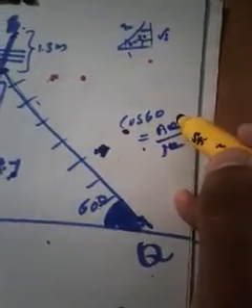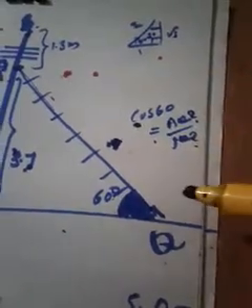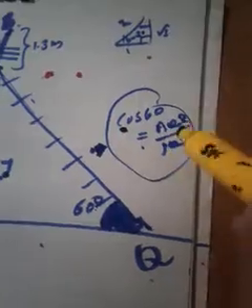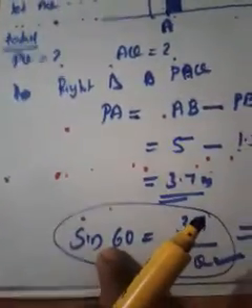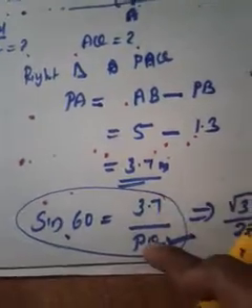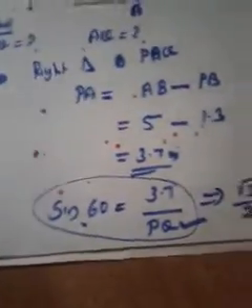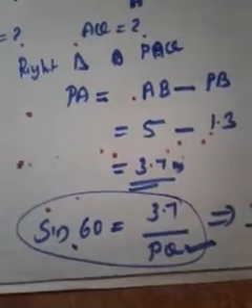But do you know what AQ is? AQ we don't know. Do you know what PQ is? PQ also we don't know. Then can you use cos 60 here? No. But sin 60, why am I using sin 60? Because we know the opposite side. Only one unknown came, so no problem. But when you use cos 60, two are unknowns. We cannot do anything. So in this way you have to learn, then only will we get thorough with the concept.